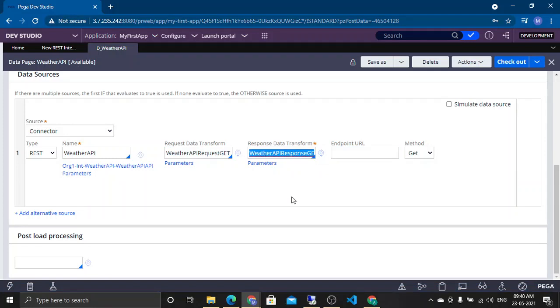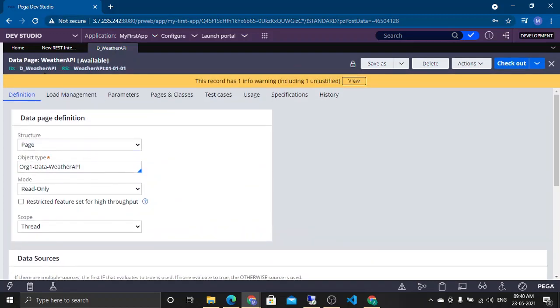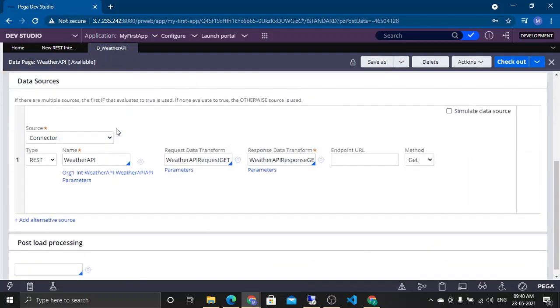I will be trying to manipulate the data once I get it from the API. So how does this work? When you call or reference this data page, Pega will see how to source it from an API. Which API? This API. What data I need to send to the API will be set here, in the request parameters.